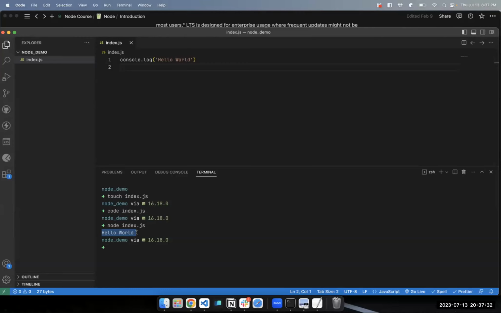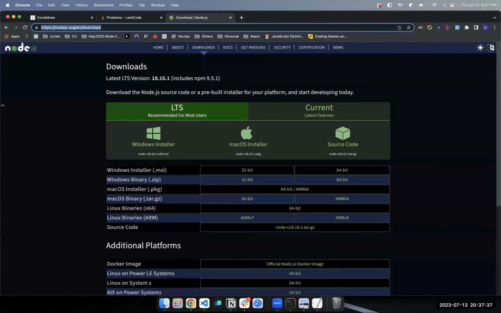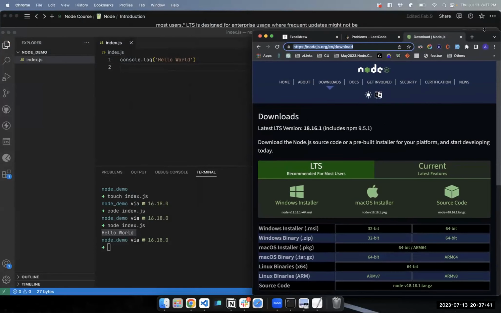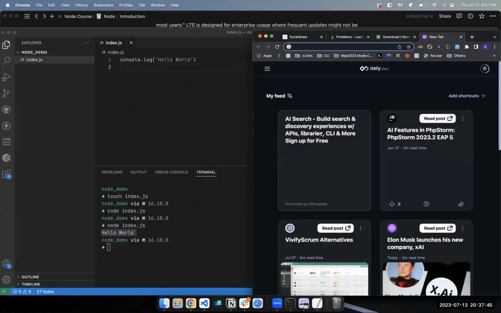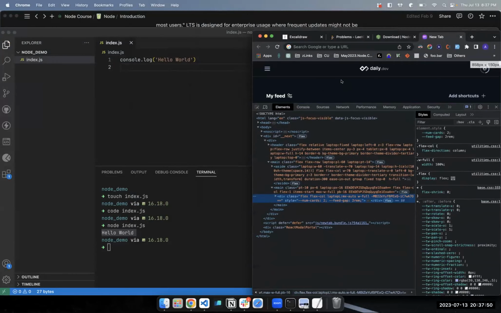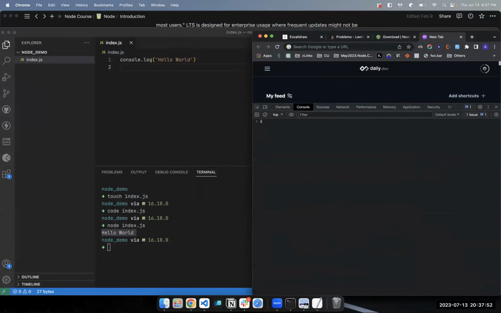Okay, now let's talk about the Node runtime environment. In the browser, you will notice that I will mention the browser several times because I'm trying to get you to understand that there's a difference in terms of the environment that the JavaScript is running. So here, for instance, this is any website, I don't care. And I have the console here. If I console log